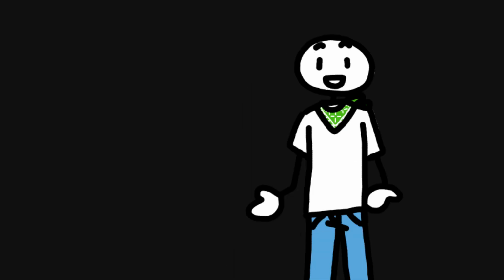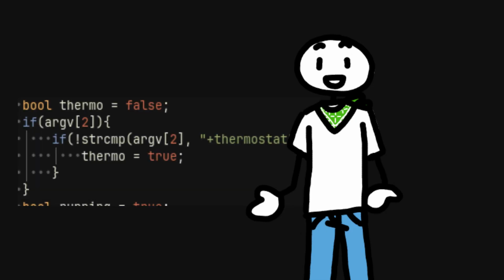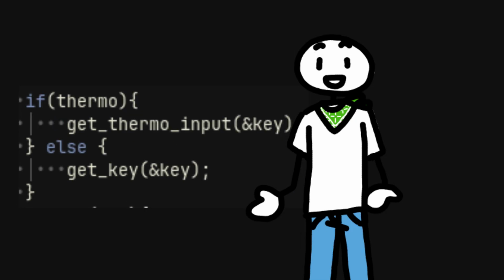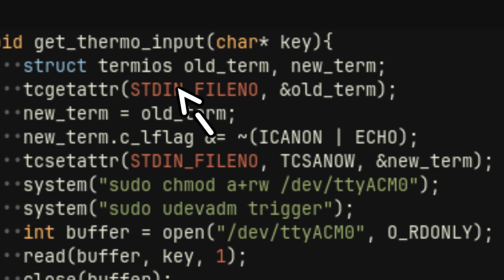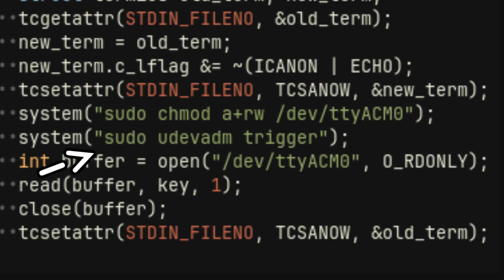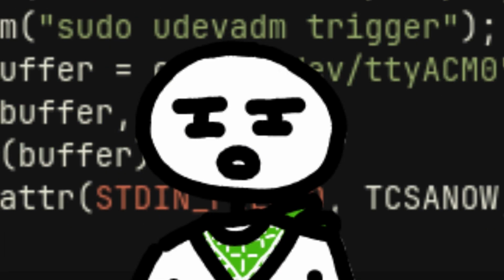Okie dokie. So now when you start the app, you can add a flag called thermostat. When thermostat is active, get key is no longer called, and instead get thermo input is called. And inside get thermo input, first we change some terminal settings, same as in get key. But it gets different when instead of using getchar, we instead run 2 commands. One is chmod, and the other is